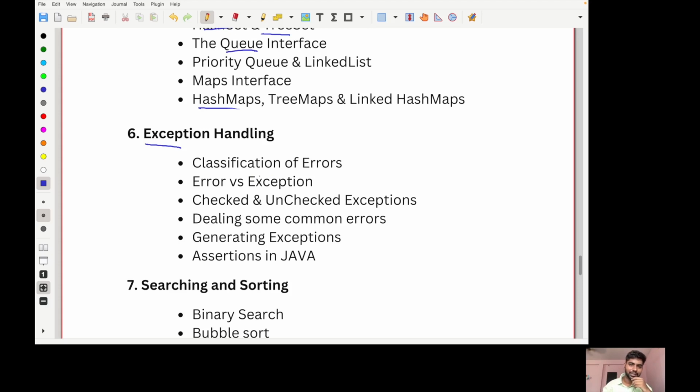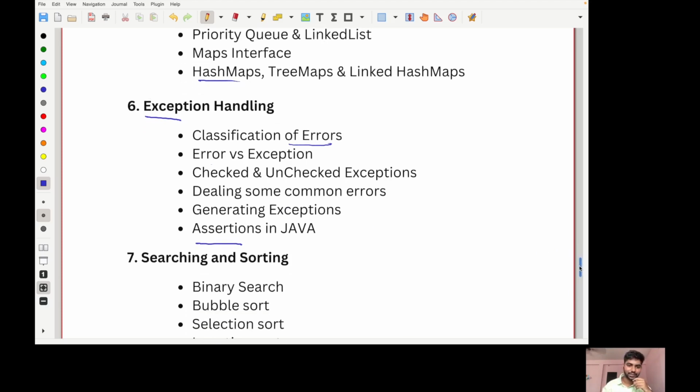Exception handling will cover the types of errors versus exceptions, checked and unchecked exceptions, some common types of errors, how we can create our own exceptions, and assertions in Java. We can create assertions, and we can also write unit tests in Java.